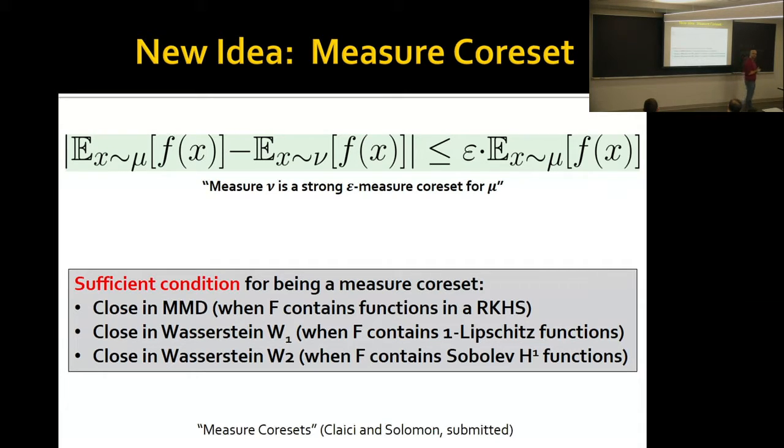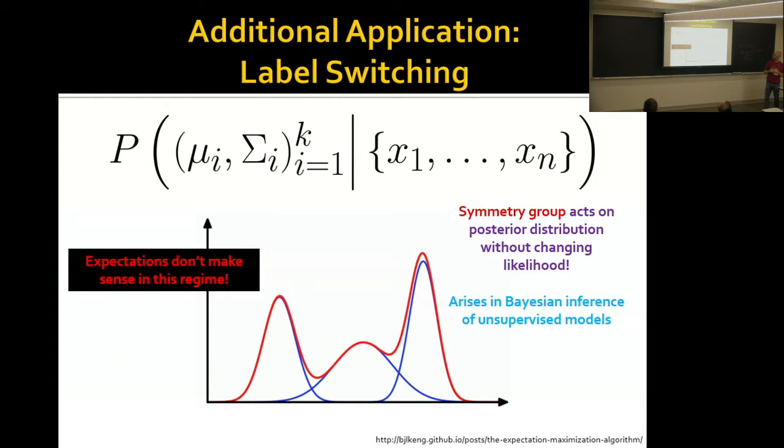It's sort of a different notion of the Coreset in practice. As usual, I'm low on time, so maybe I'll skip the other application I had of this sample-based transport. One interesting thing that appears in Bayesian inference in the unsupervised setting: let's say I'm trying to infer a mixture of two Gaussians, and what I get is a distribution over two means and two covariances. There's a problem, which is that mean number 1 and mean number 2 are indistinguishable, since if I swapped their labels, I would have the same probability.